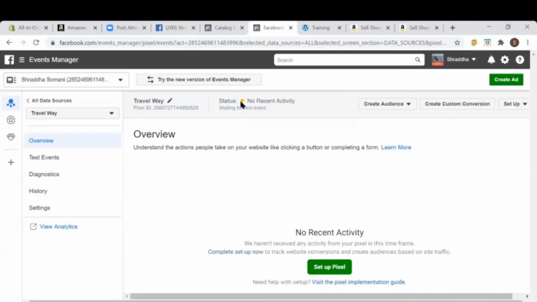With this pixel code, as I told you, you can set up remarketing. You can find the audience through which you can do remarketing. You can create a custom audience and lookalike. Lookalike audiences are audiences who are visiting other similar pages but might not be the audience of your page.